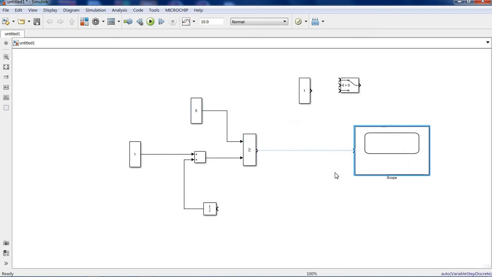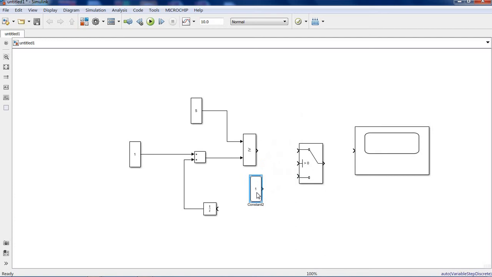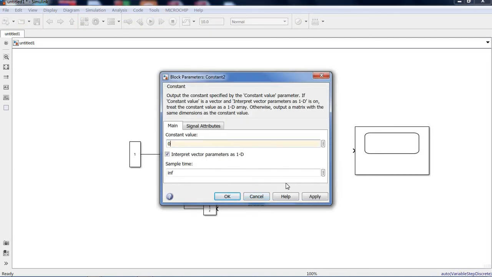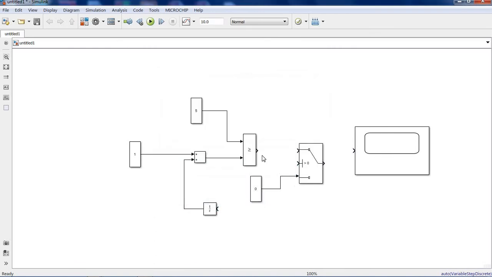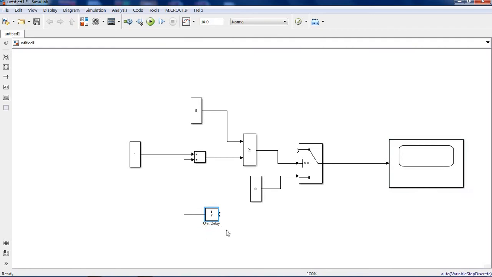Then you require one switch block. In the switch, once it reaches 5, you have to reset the counter. Then this will be here, and now this unit delay block we have to connect here.